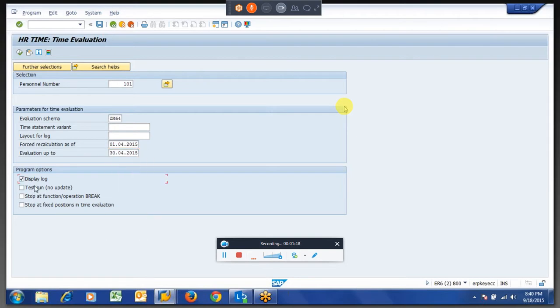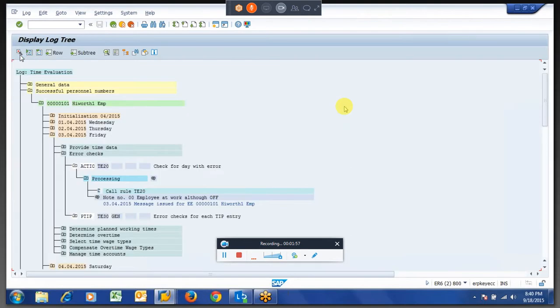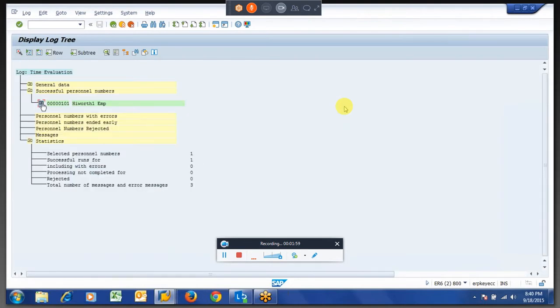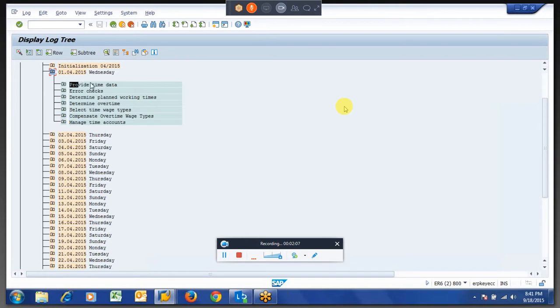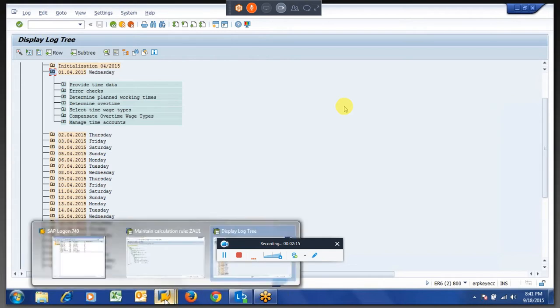If you run from 1st to 30th, unlike payroll, which runs period based, time evaluation will run day based. Every day, whatever schema you have written, the complete schema will be read. This is the key point you have to remember when you are working with time evaluation.